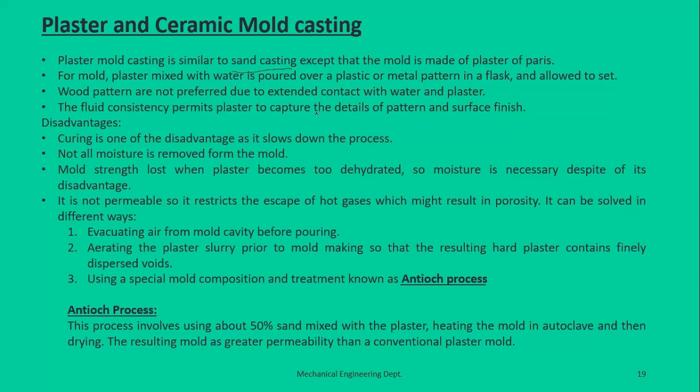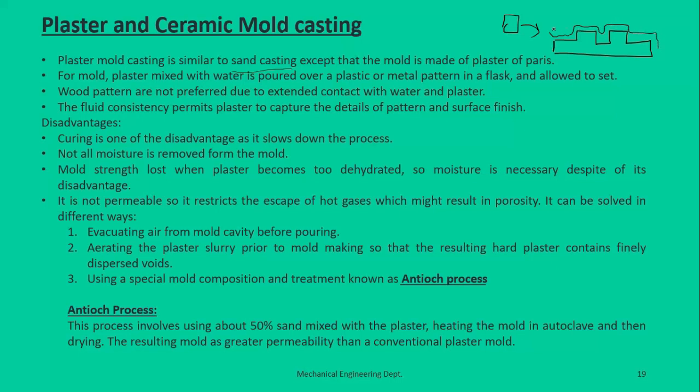Only difference is the composition of the mold material that we are using in the case of the plaster and the ceramic mold. In the case of the plaster mold casting, we use the plaster of Paris as the mold material, and the plaster is mixed with the water and it is poured over a plastic or the metallic pattern. So let's suppose we have the metallic pattern here. We'll make the mixture of plaster and the water and pour it onto this mold cavity so that it flows over this pattern